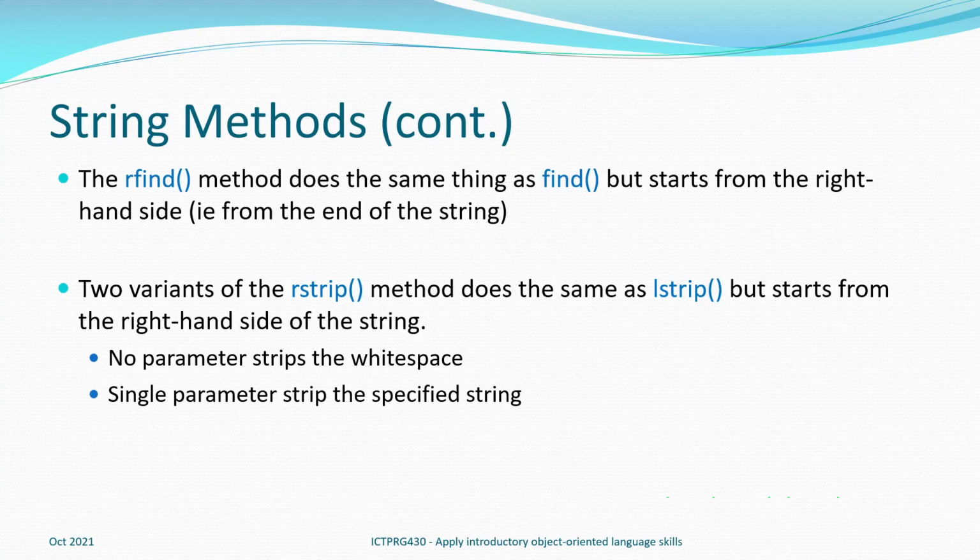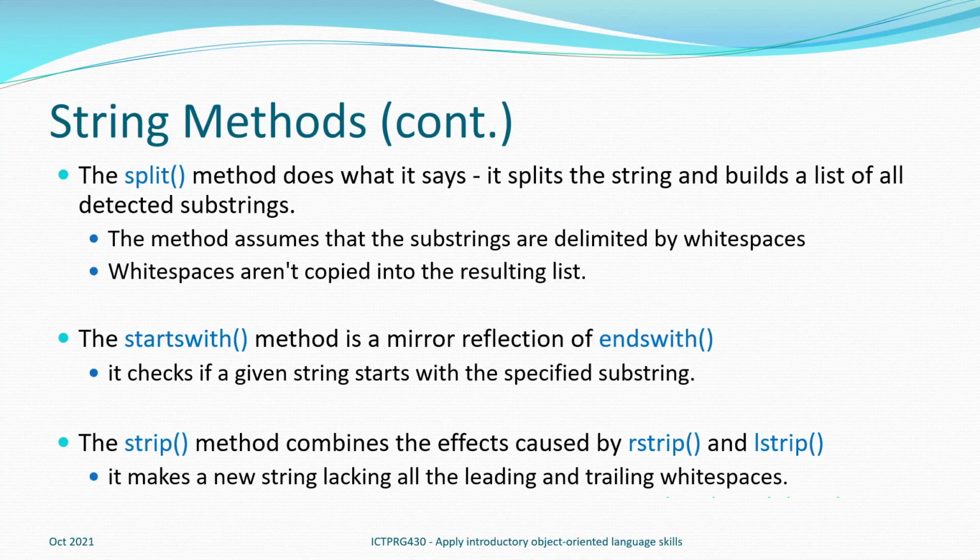rfind and rstrip are the same as the original find and lstrip, but it's going to start from the end of the string, from the right hand side and working backwards. Split, it splits up the characters from the strings and builds a list of all the substrings of it. Start with is the mirror image of ends with, checks to see whether the start character is specified, and